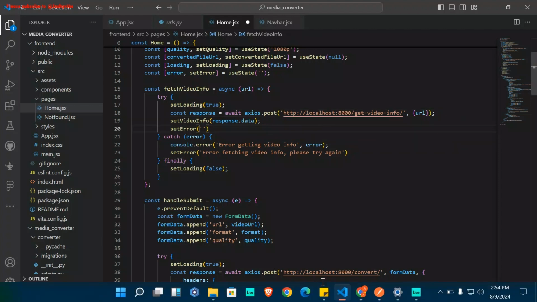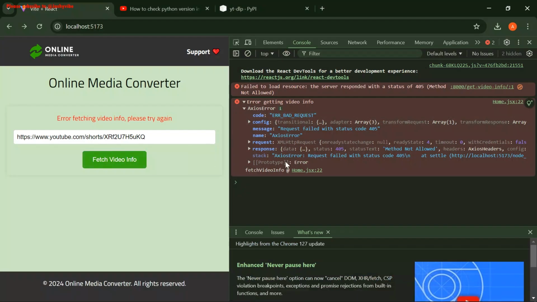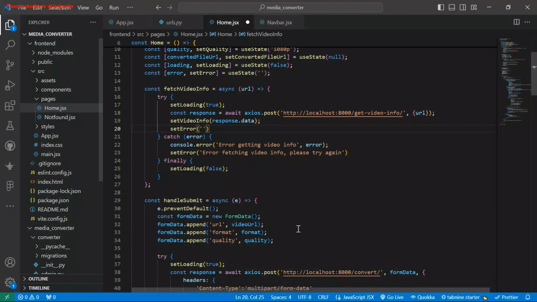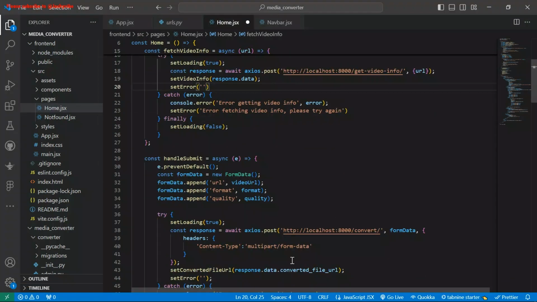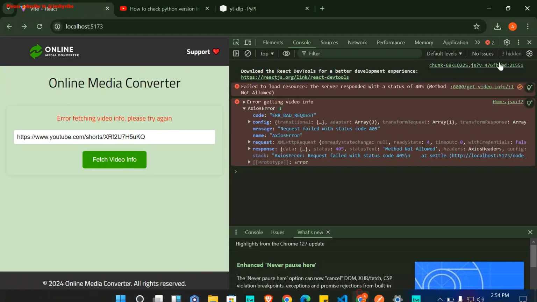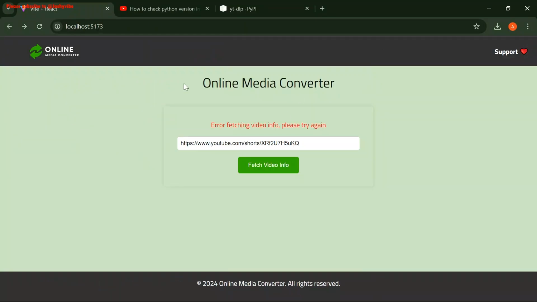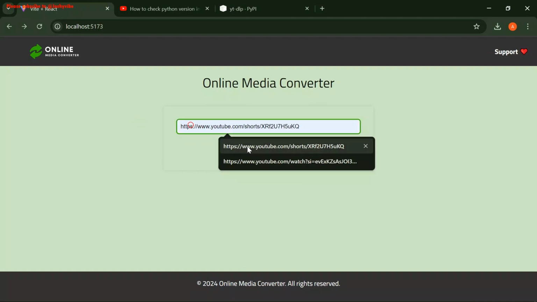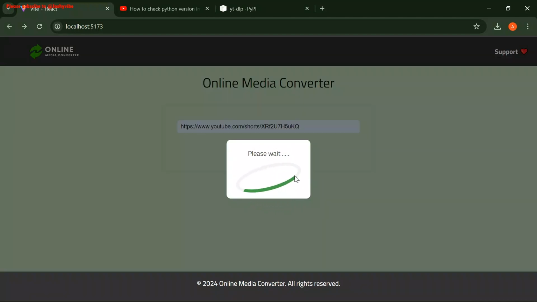That is why it is showing this method not allowed, because I'm not handling anything get there. It's just to post and get me the information. That's why it's showing error fetching video info. Please try again. If I close this now, let's go back. Now for this other one, it's also meant to be post. So let's save and go back. Now if we refresh and paste this link again and see,